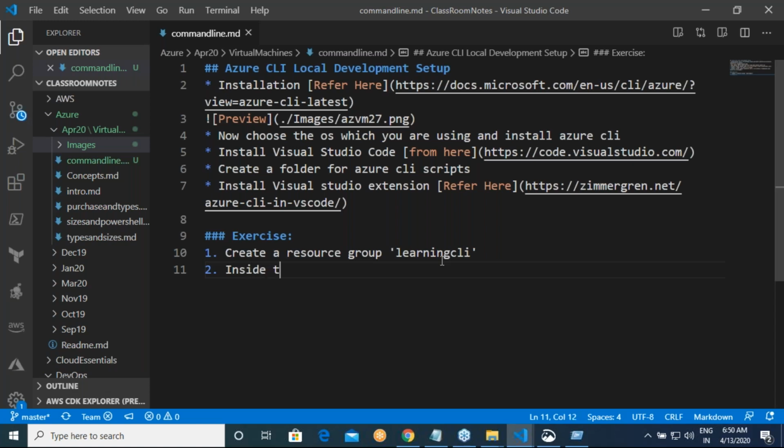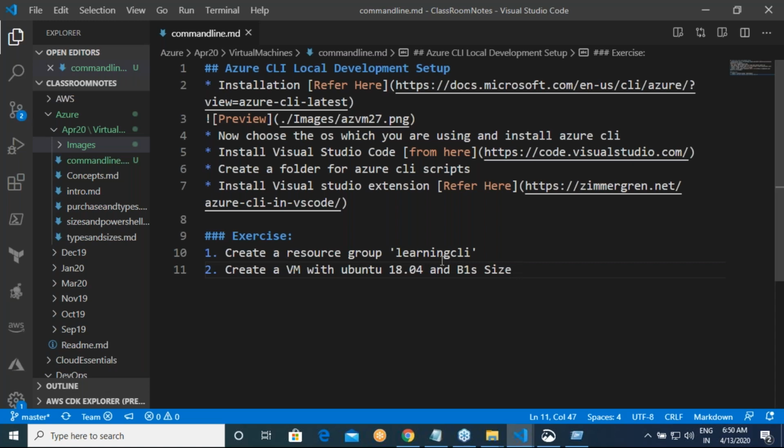Inside that resource group, create a virtual machine with Ubuntu 18.04 and B1S size. I'm quite sure we know what these things are.